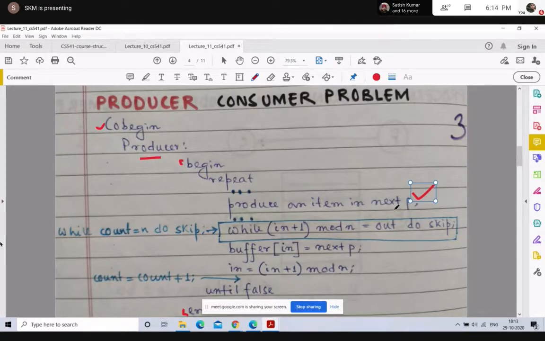If the buffer is full, the condition will be this condition that I have written inside the do while statement. Skip means do nothing. The condition will be in plus 1 mod n is equal to out. When this condition is true, that is, there is no empty space in the buffer, the producer process will remain in this while loop.